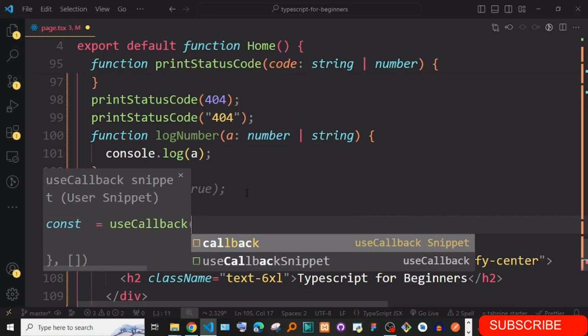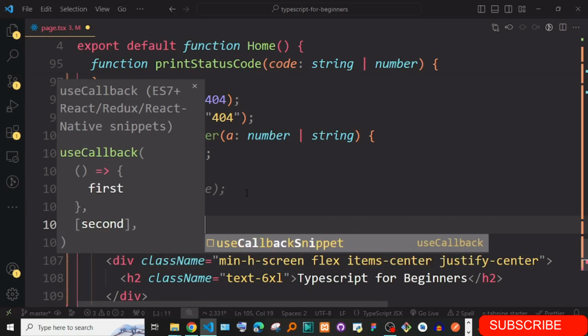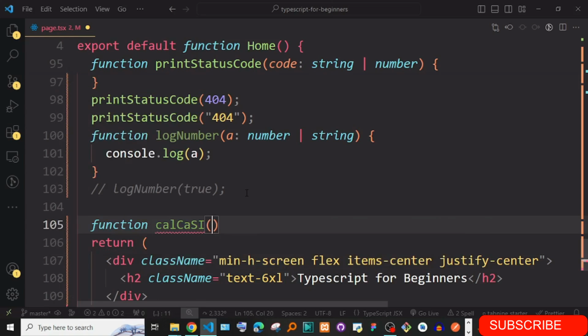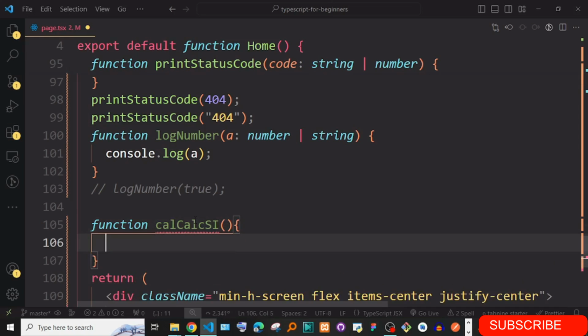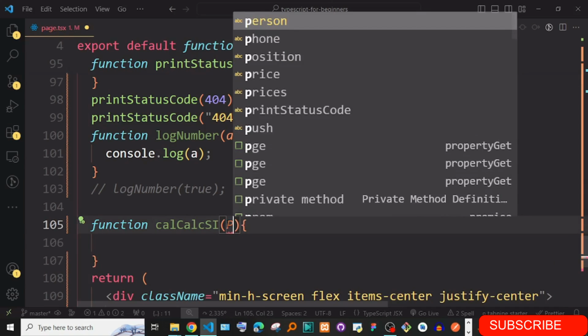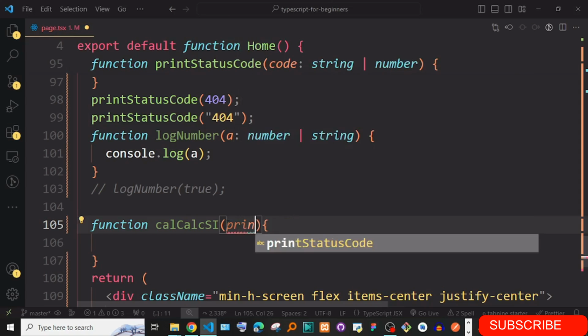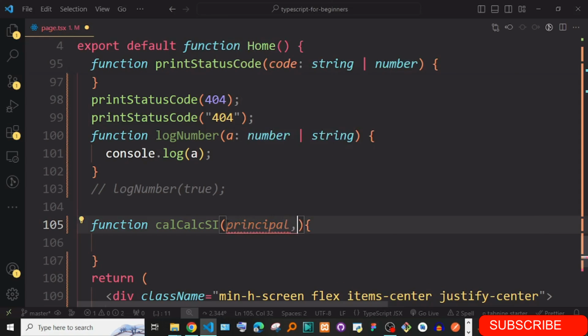Okay, simple calc, SI, calc simple interest. Okay, and let's say this one takes in many things. For instance, it takes in principal, it takes in rate, and maybe it takes in also time.